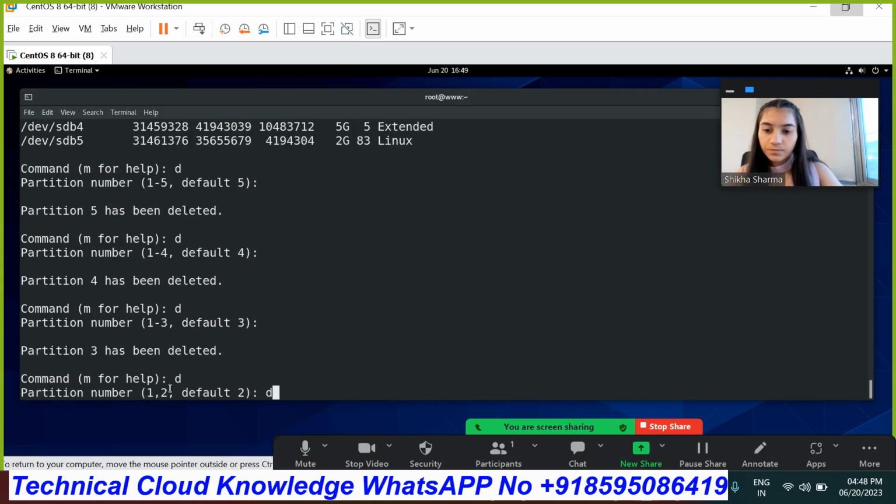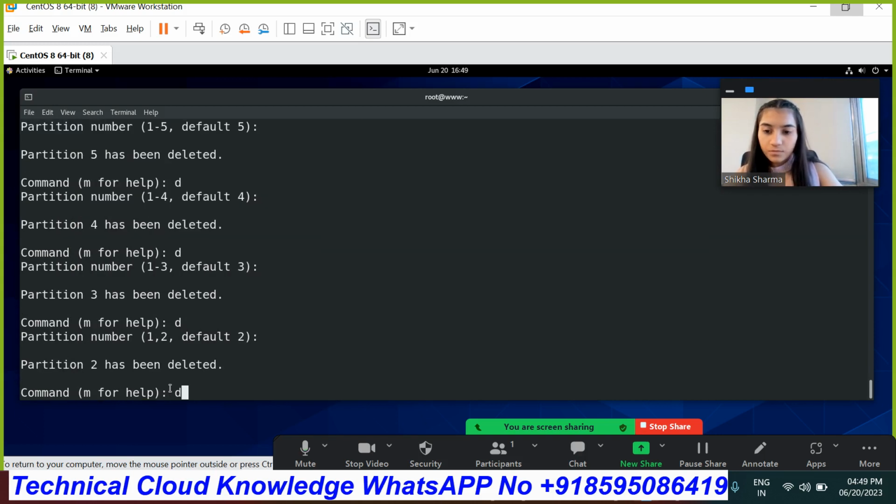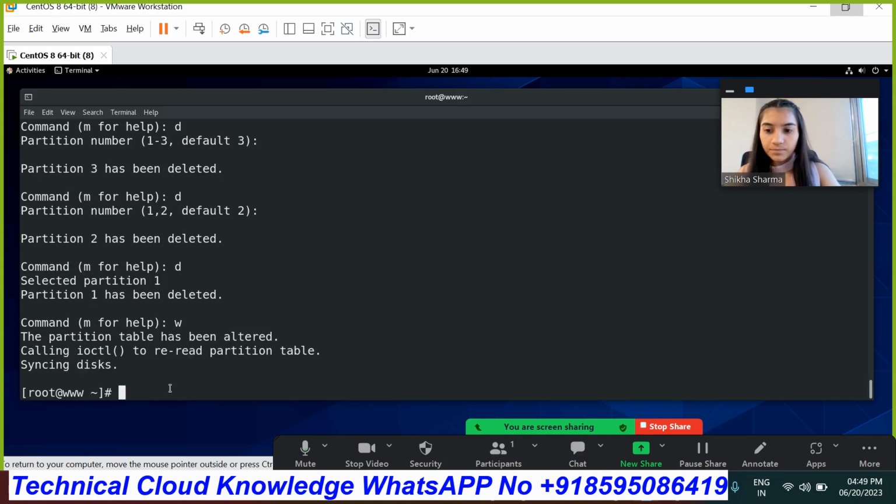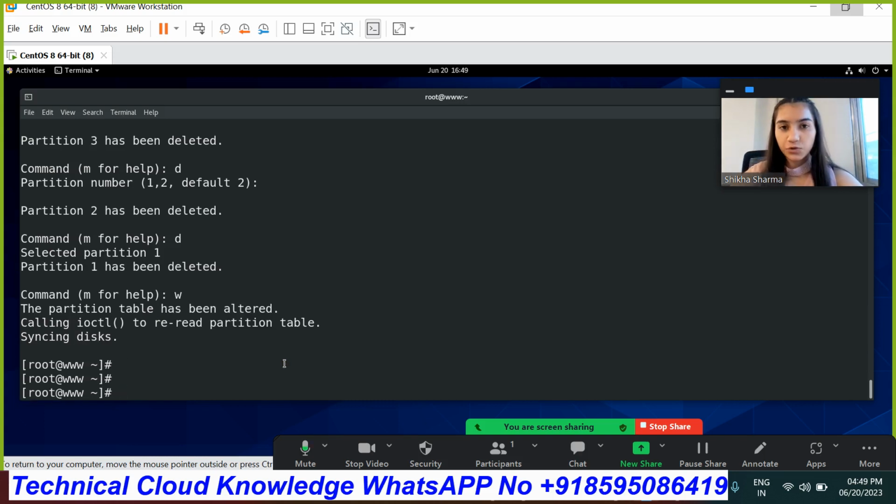Okay, save changes. See, we are able to delete all the partitions. So that's how we are able to delete the partitions permanently as well as in a temporary mode. Okay, so now suppose